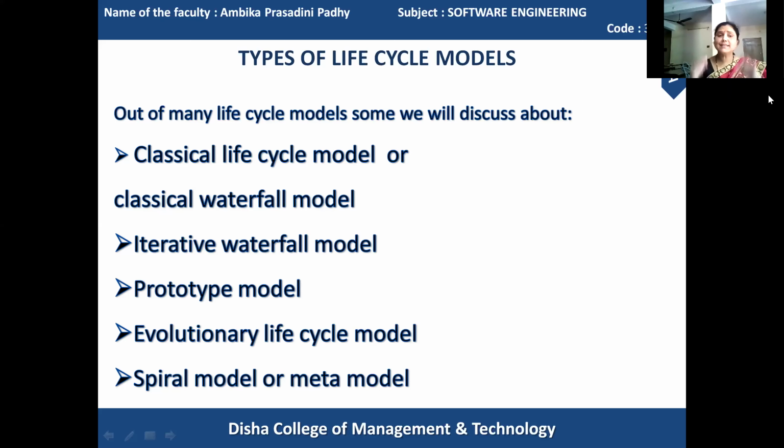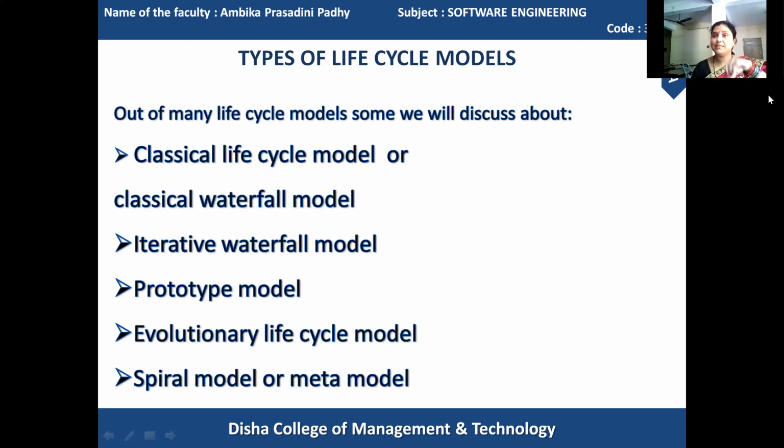Got it? As an alternative to the classical waterfall model, and to solve the direct problems of the classical waterfall model, we can think about using an iterative waterfall model. In the iterative waterfall model, we have iteration of each stage. If a particular stage is completed in a linear manner and we have moved to the next stage and we feel that in the previous stage there was a mistake, we can go back, solve the mistake and come back to the second stage again.